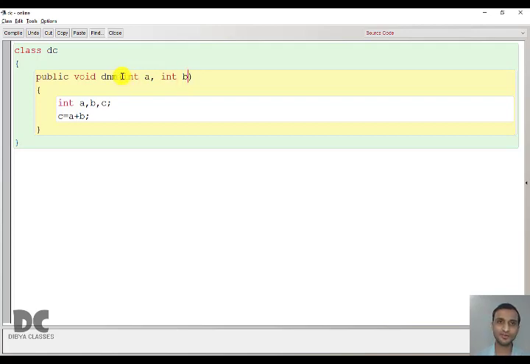Since you have declared A and B here, the rule says you can declare a variable only once. You have already declared A and B, so you cannot declare them again. You have to remember this rule. But you need to declare C, because C is not used for input. Don't write int C here. Many people make this mistake. You are not taking the input for C.